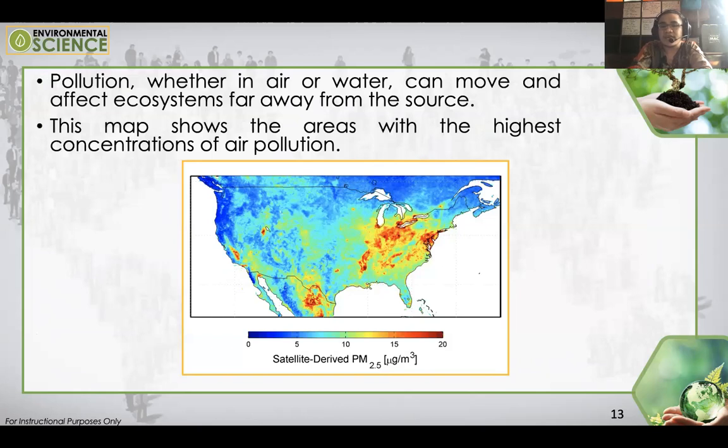So itong mapa na to, highest concentration of air pollution. So what did you notice? This is the world map. Okay, so if you would notice that it is still in China that has the highest concentration of air pollution. We'll be discussing about that further, yung sa smogs, no? And actually, the effect of the COVID-19 to the environment, pag-uusapan natin kung ano nga bang naging problem, kung paano nga ba